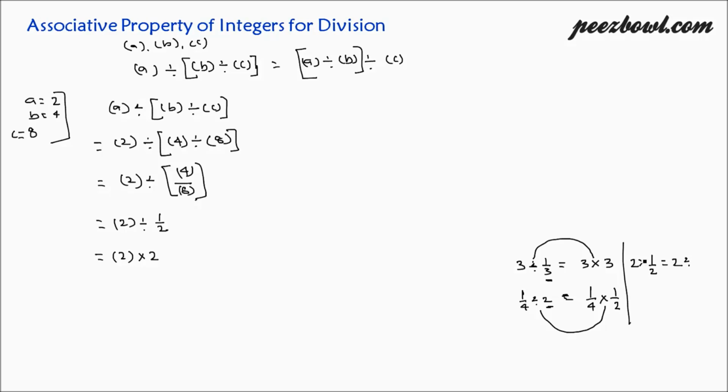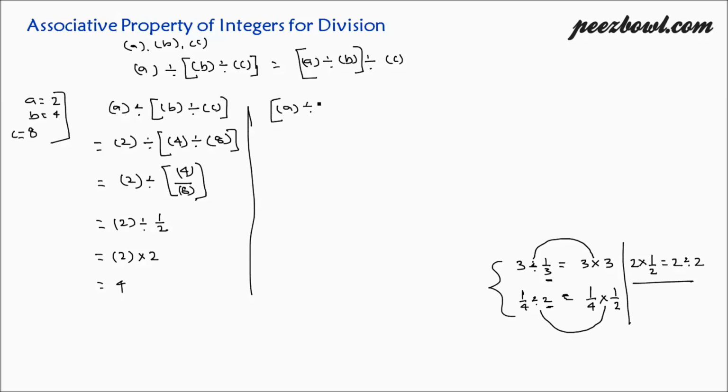Same way, suppose we have 2 multiplied by 1 upon 2, so this will become 2 divided by... multiplication will change to division and 1 upon 2 will become only 2. So we are inverting this 1 upon 2 to only 2. So these have the same values. 3 divided by 1 upon 3 will have equal value as 3 multiplied by 3. So this is the general rule. Remember this. So 2 divided by 1 upon 2 according to this rule will become 2 multiplied by 2, which is equal to 4. Let us see what we get on our right hand side equation.